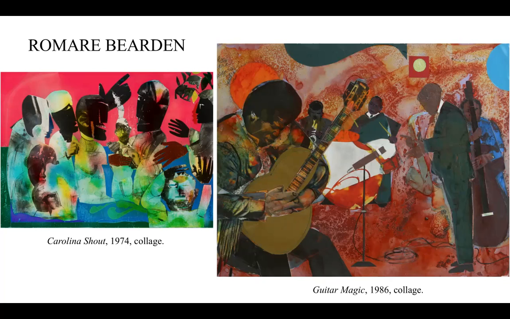He often spoke about the place of the Black artist and the Black community in American history, and his collages often depict and are inspired by Black urban and rural life. Another interesting aspect in Bearden's work is that they often try to incorporate an acoustic aspect, which will either be emphasized through the titles or the objects in the work. Within both of these works, it is highlighted through the titles, Carolina Shout and Guitar Magic. And for the work on the right, it is also emphasized through the incorporation of images of guitars and other musical instruments in the collages.